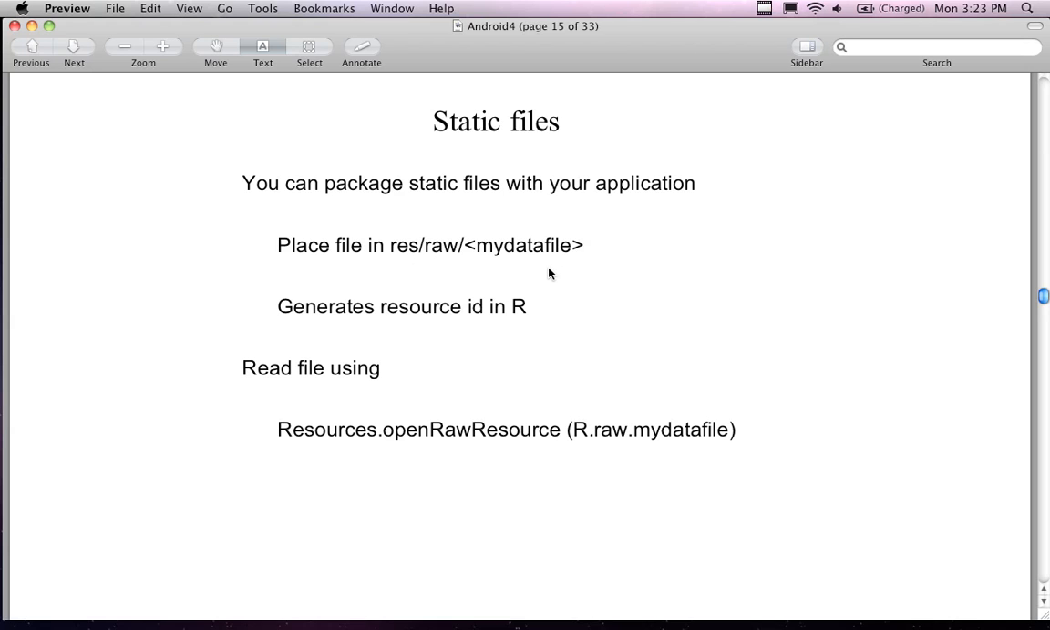It generates a resource ID in the R. So the R will actually generate a resource ID. You use the file just like you're using strings that you created. A lot of people would like to use static files to automate some of the strings and some of the processing that they might be doing. You can read the file using a resource.openRawResource or .raw my data file,